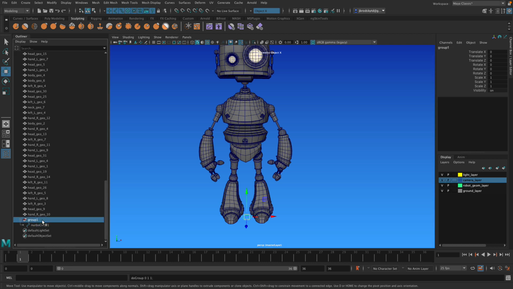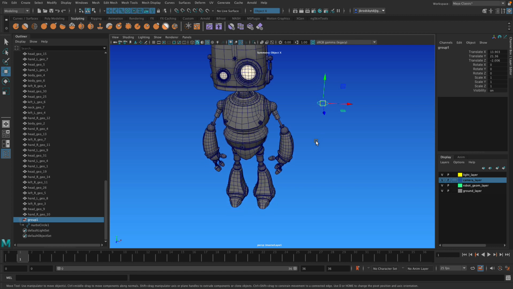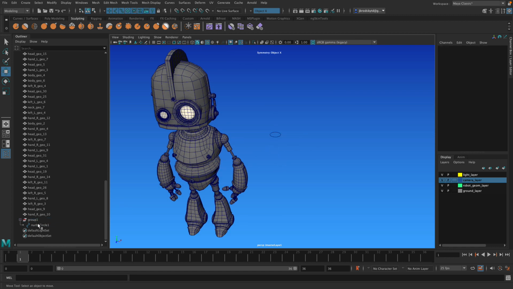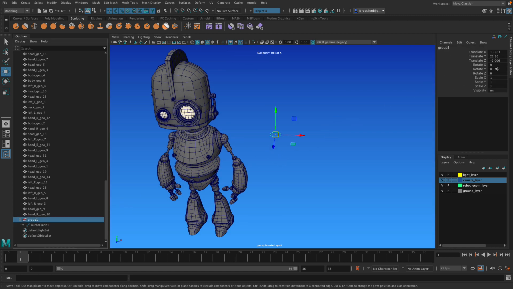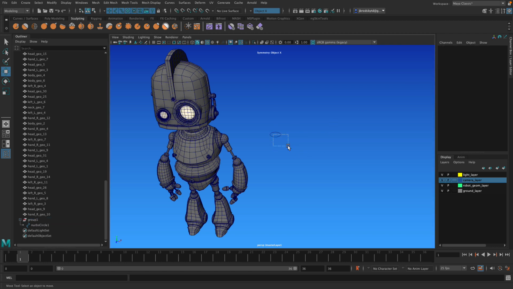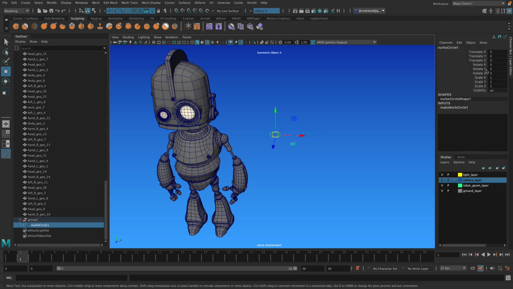So it should look like this, where you have the group on top and the circle underneath it as its child. If I move the group, I can move that group out into space and it's bringing the child with it. So the group has the transform XYZ values on it, but if I select the circle, it's all 0 because that is